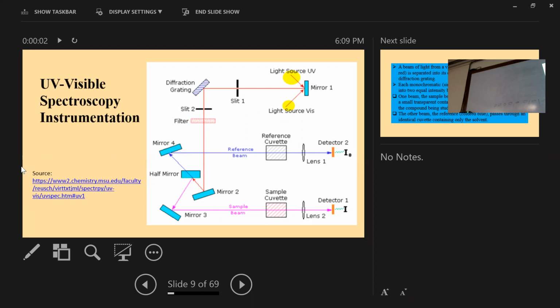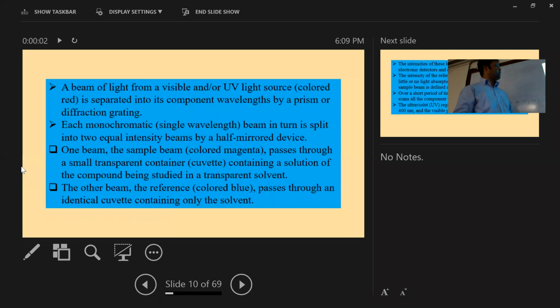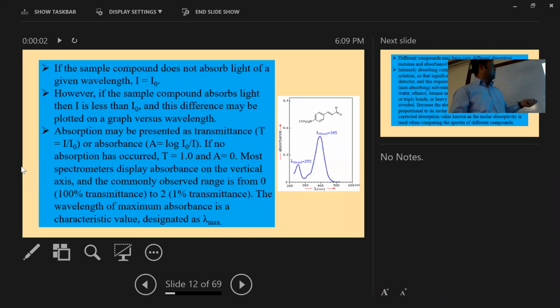We are getting transmittance from here also, because how much light it transmits through this, we are detecting, and how much light transmits through here, we are detecting. So actually we monitor the transmittance, not the absorbance. But we can relate the absorbance and transmittance this way. Transmittance T equals I by I naught,